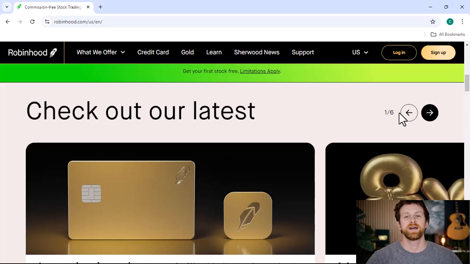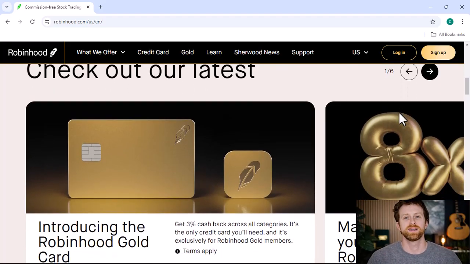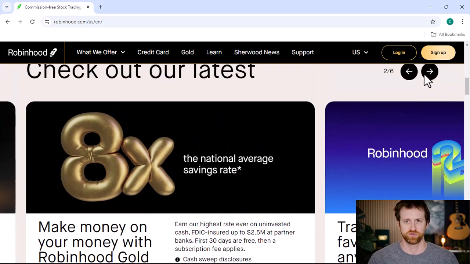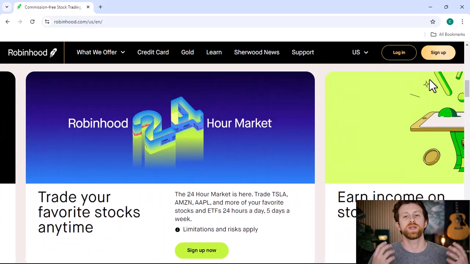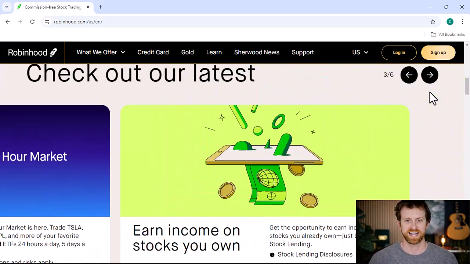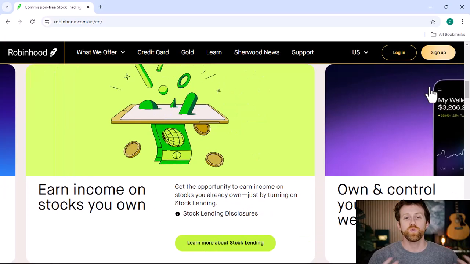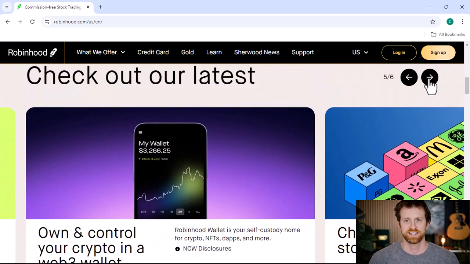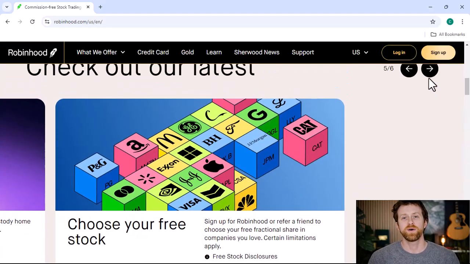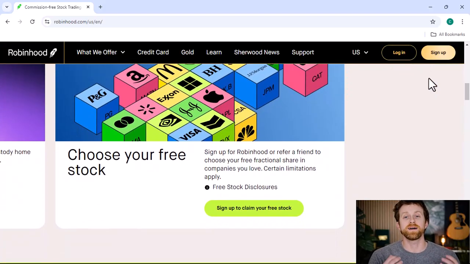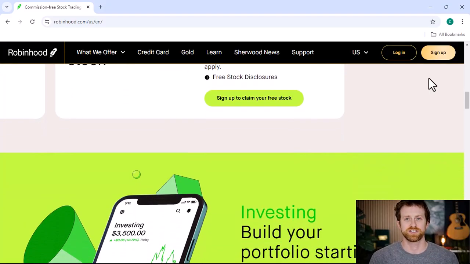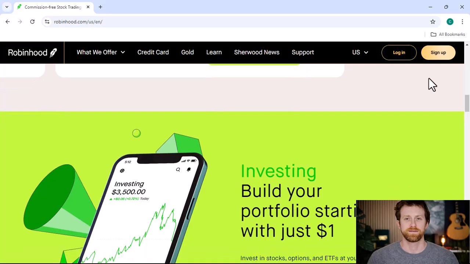First, you need to download the official Robinhood app on your mobile device from the Apple App Store or Google Play Store. If you already have an account, open the app and log in using your credentials. If you are a brand new user, you will need to tap on the sign up option and provide your personal information, including your legal name, residential address, date of birth, and social security number, to comply with standard identity verification regulations. Once your brokerage or individual investing account is created and approved, you can unlock the platform's banking and